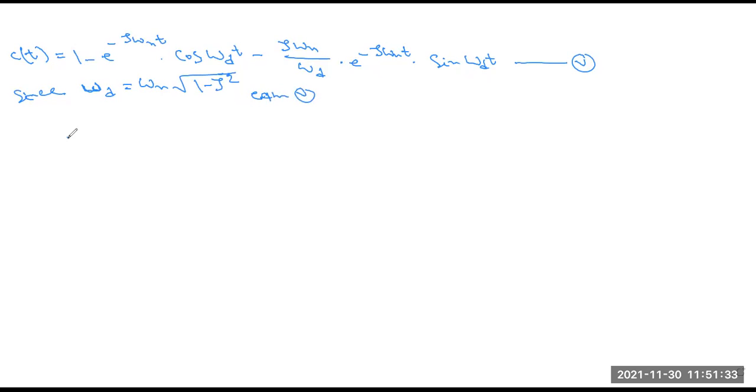So we have to write this equation: c(t) equals 1 minus e to the power minus zeta omega n t divided by root over of 1 minus zeta square, into root over of 1 minus zeta square